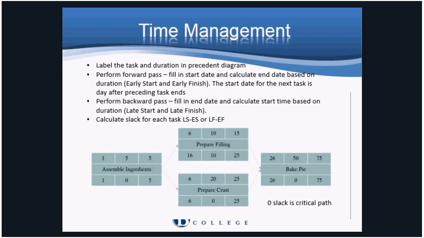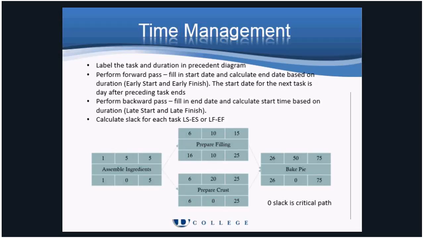The final step cannot start until the filling and the crust are finished, so the soonest it could start is minute 26. If the pie takes 50 minutes to bake, then the project will be completed in 75 minutes. The backward pass begins at the project complete time. 75 is entered in the late finish box for baking, and since it takes 50 minutes, the latest it can